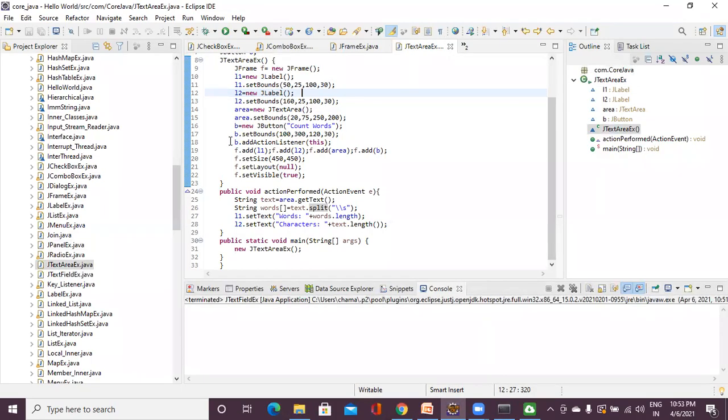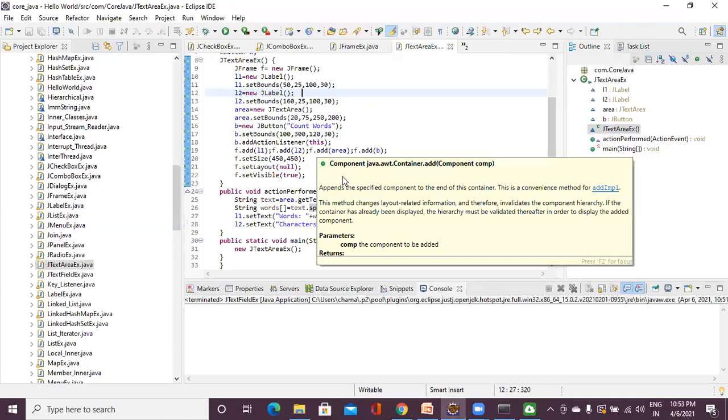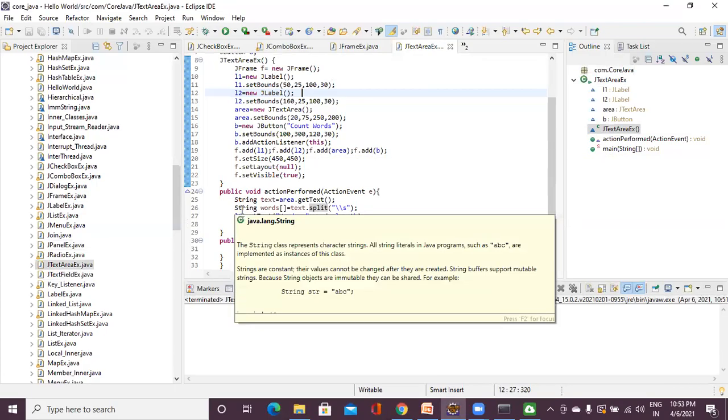Then these items are all added to the frame, that is L1, L2, the text area and button B are added to the frame, and the size of the frame is set to 450 width and 450 height. Here no layout manager is used. Why? Because f.setLayout is null, and f.setVisible true means the frame will be visible. And once you say B.addActionListener(this), the control enters into this